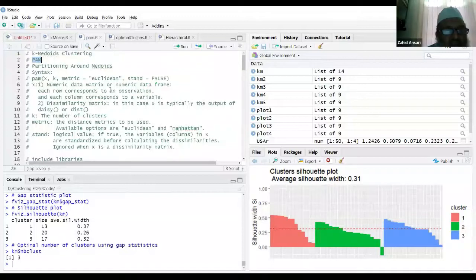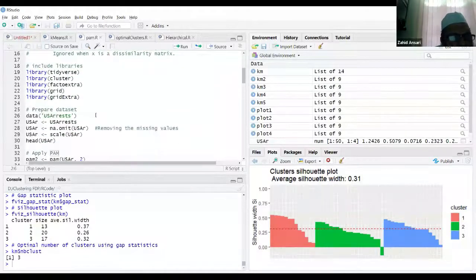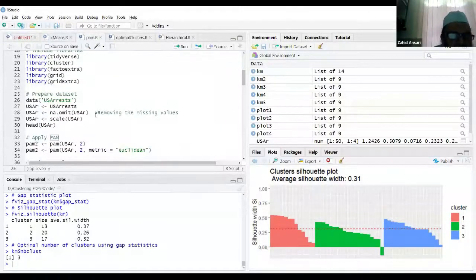Now we are using the PAM function over here. What we are specifying here is the data set, the number of clusters, and also the metric to be used, what kind of distance we want to use.